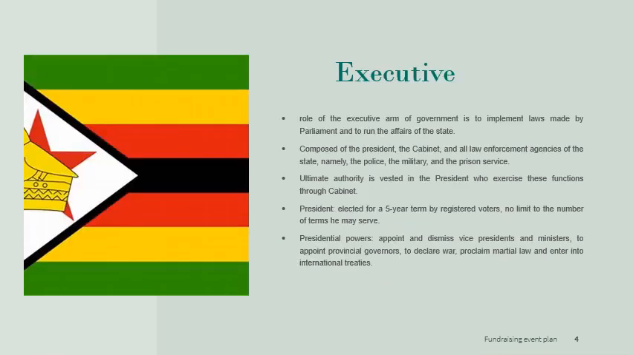Now, the executive, this is the arm of the government that implements the laws. It executes the laws, as the name suggests. And the executive consists of the president, the cabinet, law enforcement agents like the police, the military, the prison services, but primarily the executive powers are in the president. Now, the president is elected for a 5-year term,